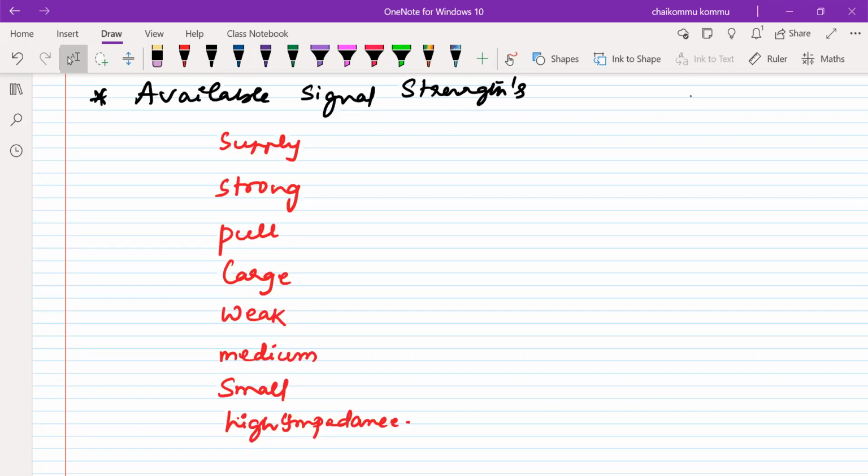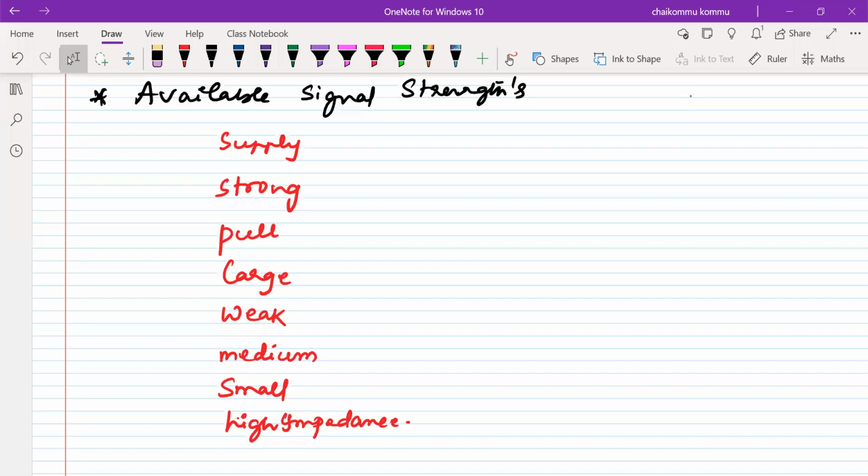In that case, we have to give some kind of priority: what kind of strength is most important, and what kind is least important. That means we have to give priority among the strengths. For example, if two persons are fighting each other, who will win? The one with the highest strength will win. Like that, we have different strengths, and we give the highest priority to one of them.